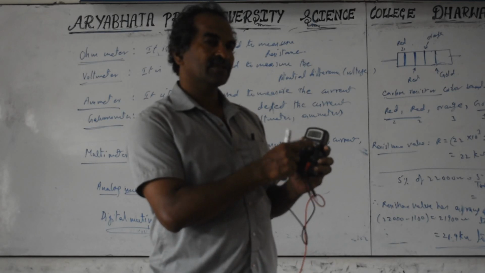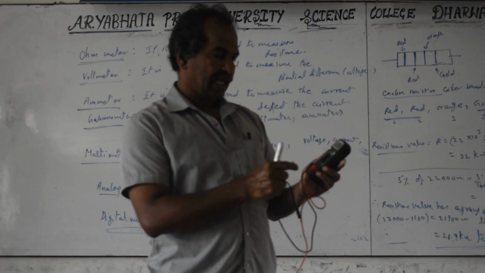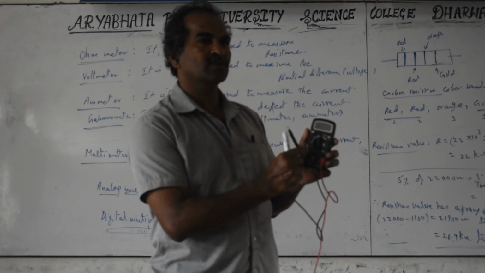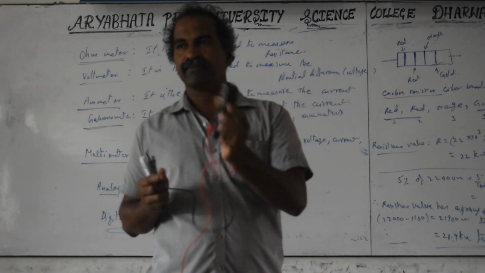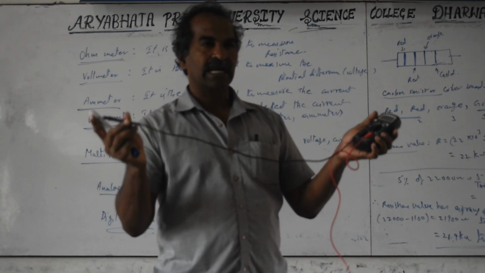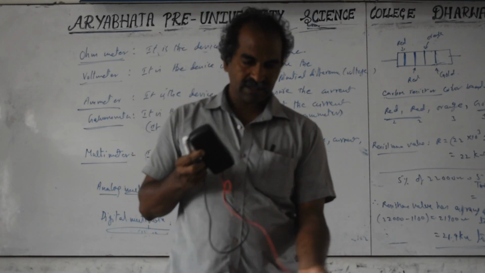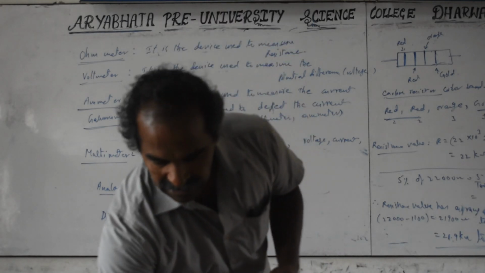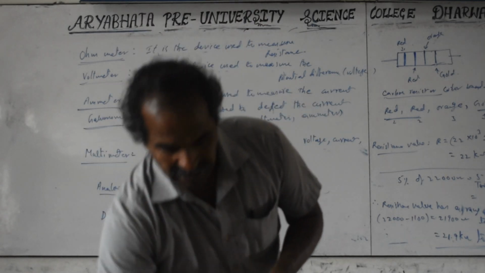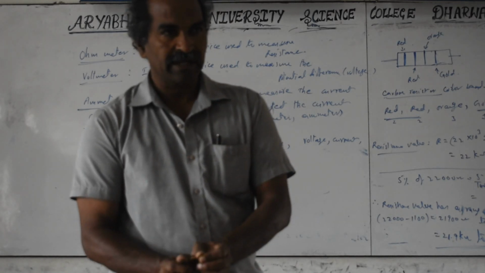We can measure voltages, AC voltage, DC voltages, resistances, etc. And current also we can measure by changing between large values and small values. There is a knob, and there are terminals to select the ranges. This is called a multimeter. These are the probes, connecting probes, metal wire. These are conducting wires. At the end you will have the tip, a metal strip, usually made of copper or brass. And we have to use these terminals. If you want to measure resistance, one terminal here, other terminal here, touch it and select the proper range with the knob, and you can directly see the reading on it. This is a digital multimeter.